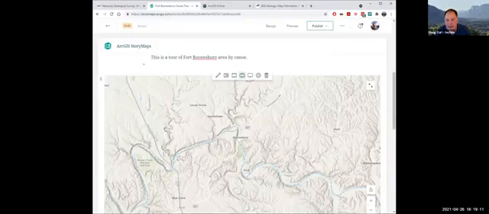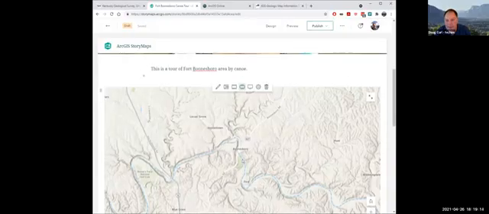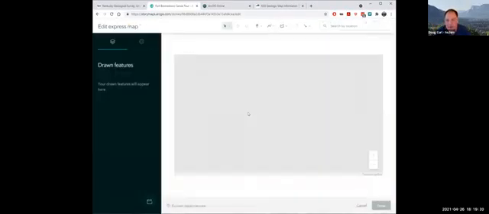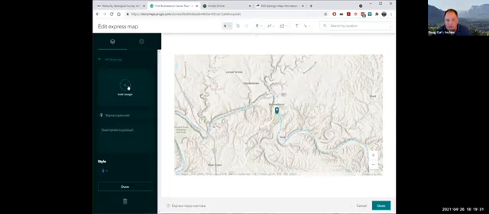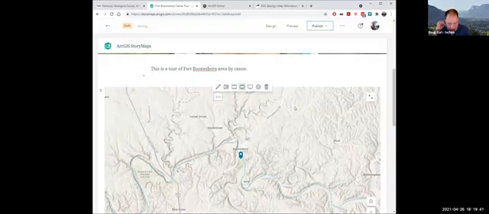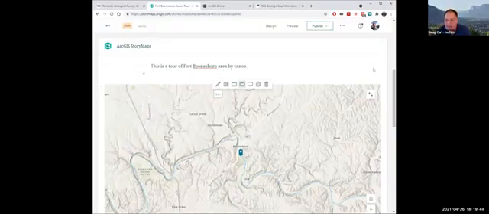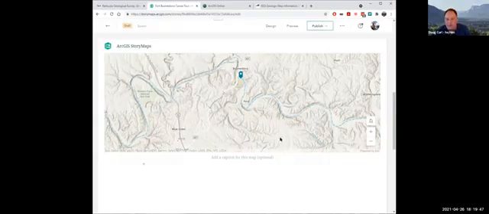So here I've got the location, and I can describe this a little bit more. I think I forgot to put the add to the map, but you can edit this, go right back out to the editor. I can draw features on here. I can draw a box. I can put a marker. So I'll put a marker, and then I can add an image. That's where we start, the boat ramp. Say it's more or less right there. And so I've already gotten going, and I can add a caption. This is the location map.